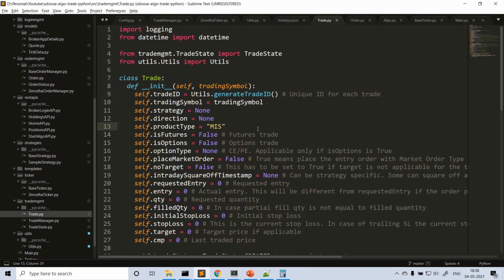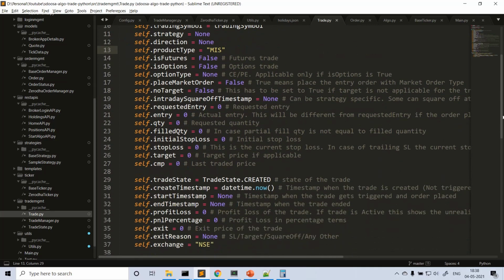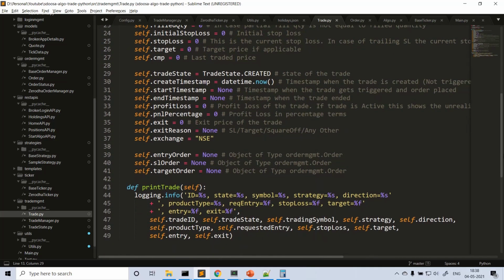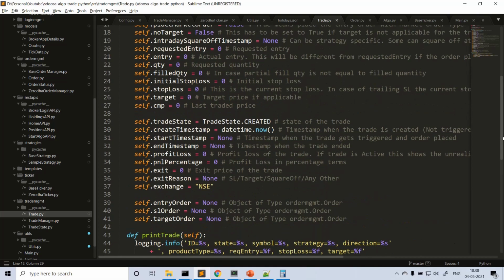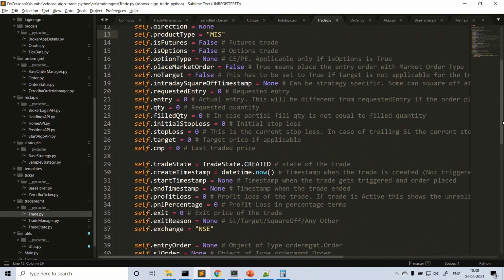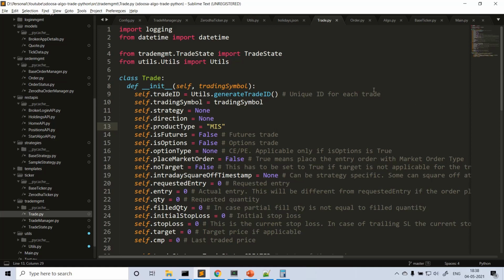You can have more properties based on your strategy if you want something advanced. I think you may not need more than this, but if you need, you are free to add your own properties here. So here I am just using this trade class as a model.